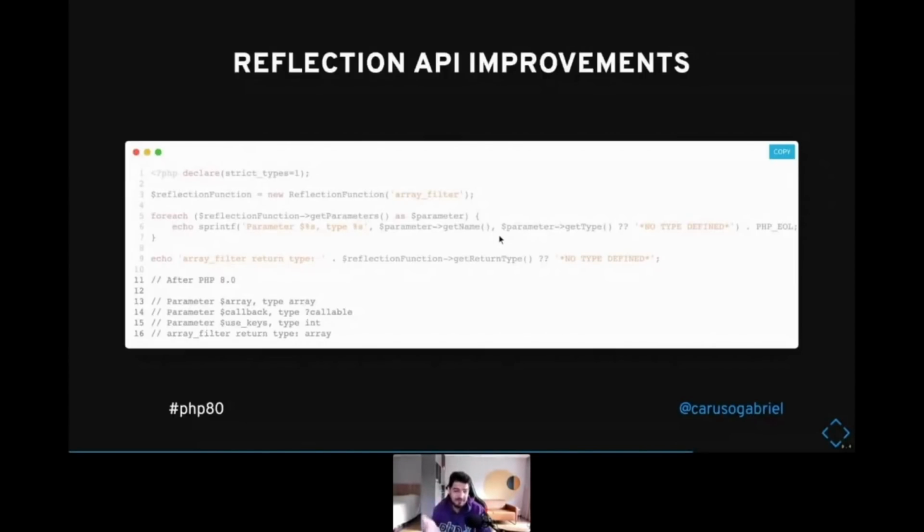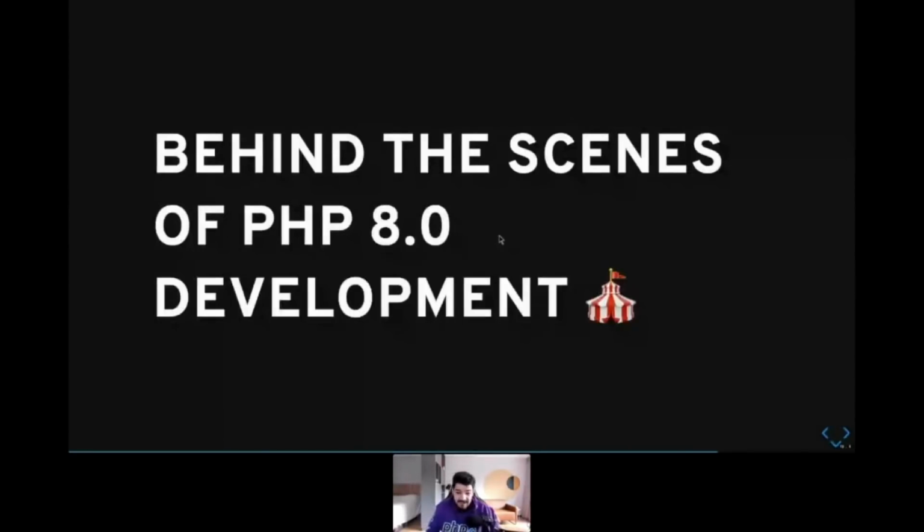I'm talking with you that maintains a library that depends on Reflection, and you don't have type information. Now you have. It's such an improvement for the language. It was huge, was painful, was long, but we made it. It's there. And the last topic, I have 2 minutes to talk about this thing, which are the behind the